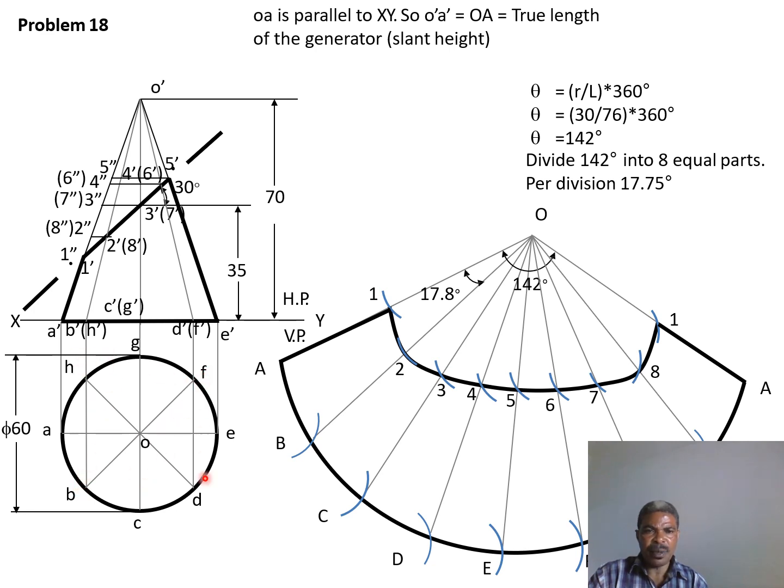Then these points have been projected. The points D, F, C, G, B, H, and A are projected to the front view, where these points, if they are laid to the center or dash, they have to intersect with the line of truncation. If a point is obtained after intersection,